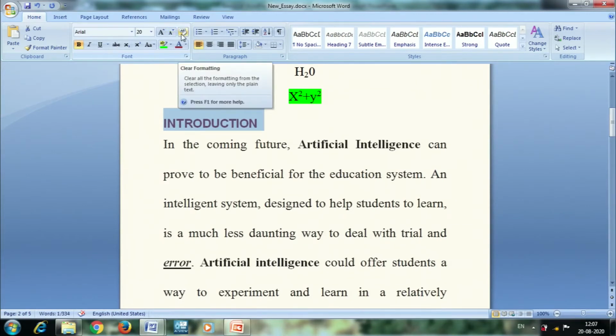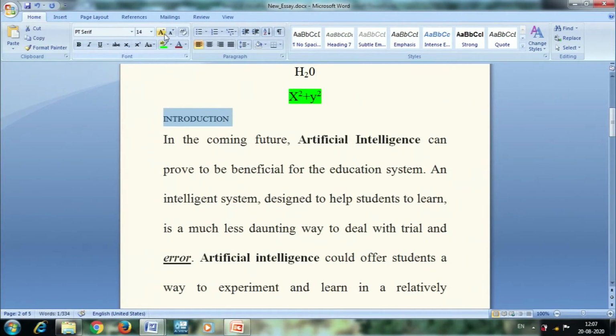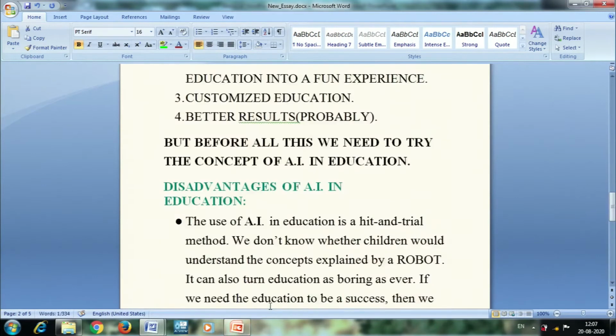I can also choose the option clear formatting. If I click clear formatting, the formatting will be removed. So by default, whatever color, whatever style was there, that will be used. So this is the normal size. It came back to the default formatting. So the formatting got cleared, and my text is displayed in the normal way now. And this is about how we can change or increase the font size and all.